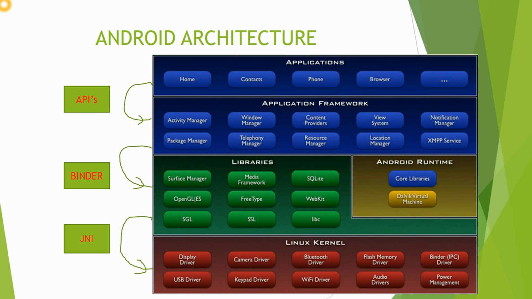The third layer is the libraries, which is on top of the Linux kernel. This layer contains a set of libraries including the open source web browser engine WebKit, the well-known libc library. libc is nothing but a C library used in Android. And SQLite database, which is useful as a repository for storage and sharing of application data.